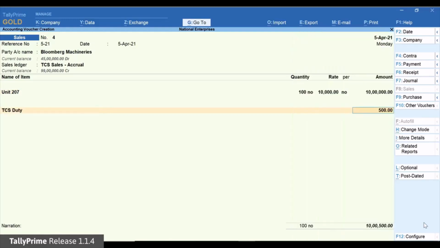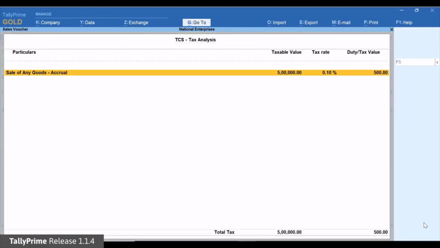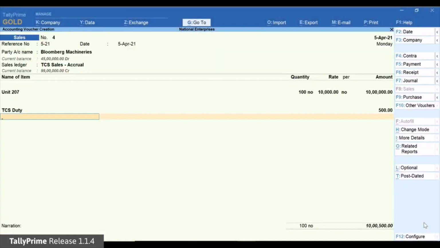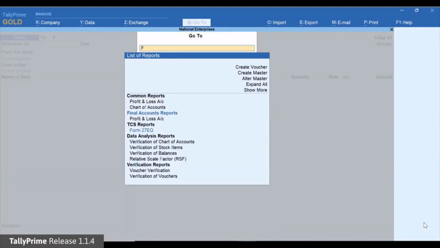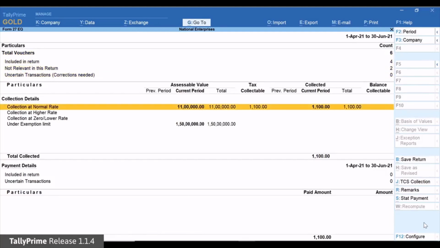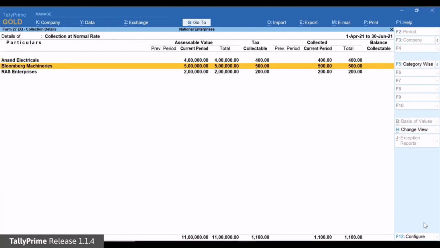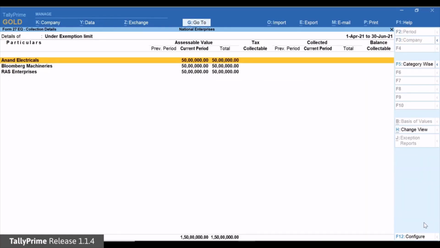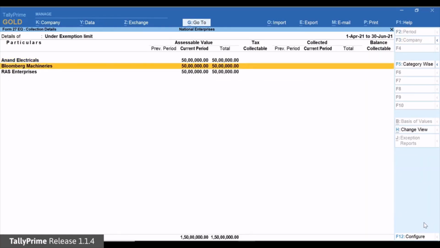Based on the cumulative value, the tax is applied on 5 lakhs, the amount above the threshold limit, as shown in the tax analysis. Save the transaction. If you open the Form 27EQ, you can see that tax calculated for 5 lakh is included under collection at normal rate and 50 lakh is included as under exemption limit.